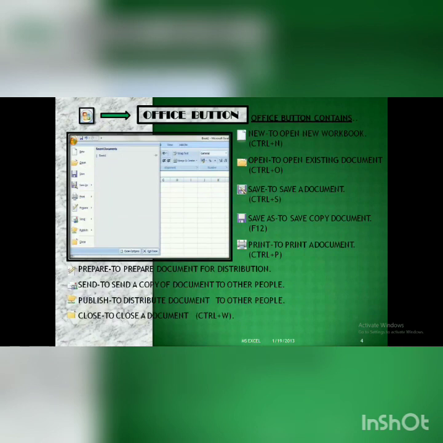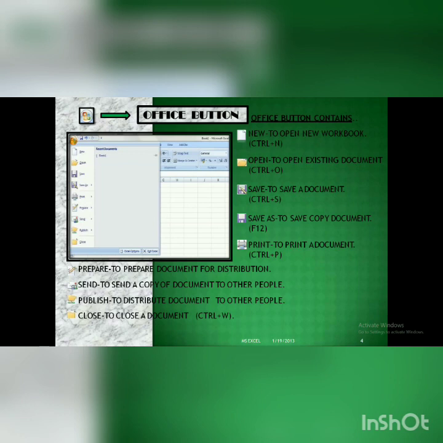So in MS Excel, if you click on the File tab or the Office button, you can perform basic functions like Control N to open a new workbook, and by clicking on the New option, you can also open a new workbook. Clicking on Open, you can open an existing document. Existing means the file which is already saved in your computer.